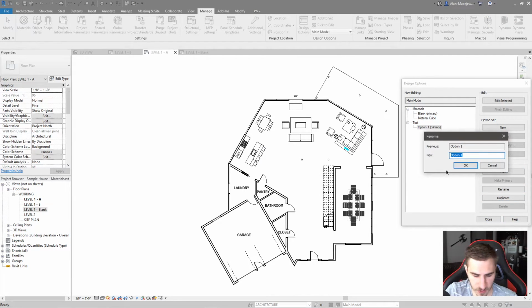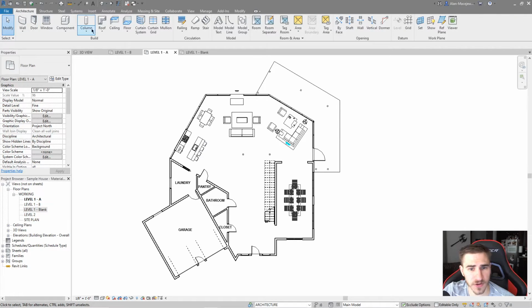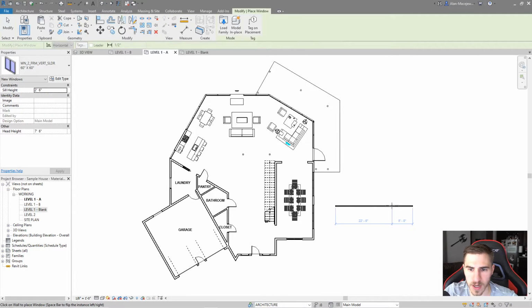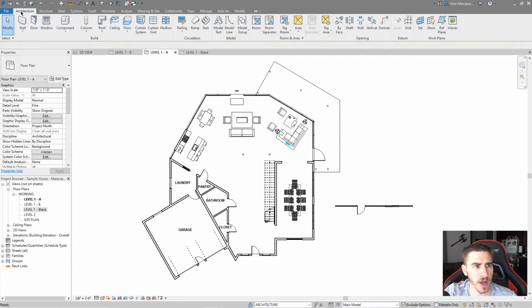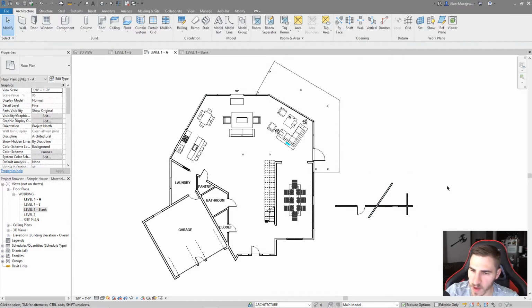That makes sense. Also, we don't want them both to be called tests. We'll have test option there. Okay. And so let's go ahead and I'm going to make just a basic wall over here. And let's put like a door and a window in it. We'll just put a window and then we'll put a door. Maybe we'll go ahead and add a couple more walls here, something like this. Great. Okay. So we've got these walls and